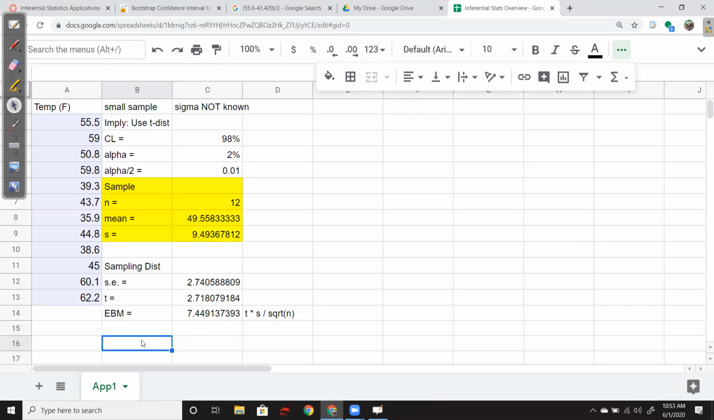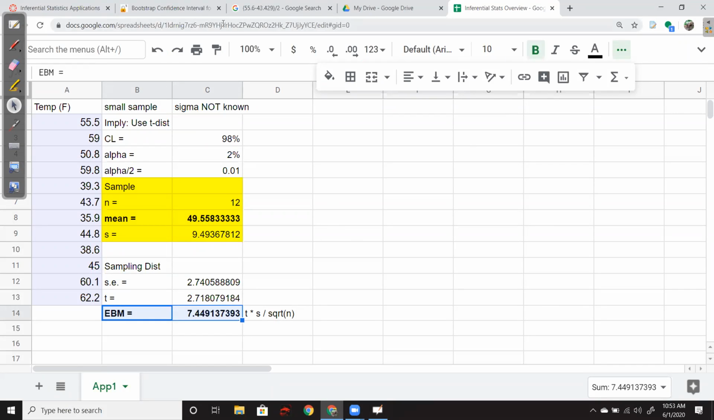Once I have that, then I can get my interval, because notice I have some important things here. Let's use bold. We have the mean here, the center value, bold, and we have the margin of error here. And that gives me my interval. So I'm just going to